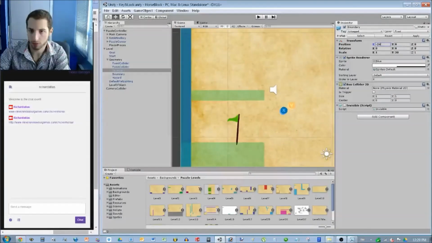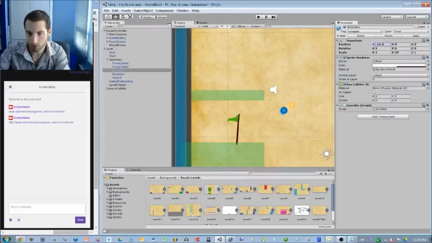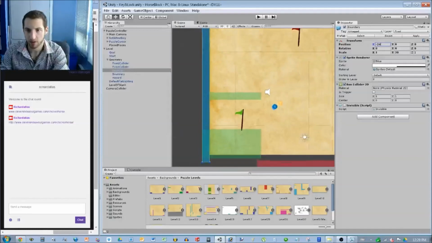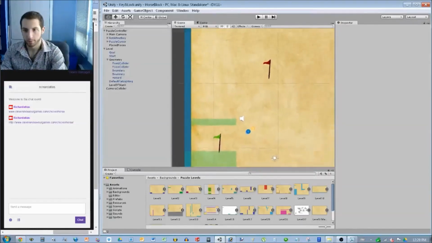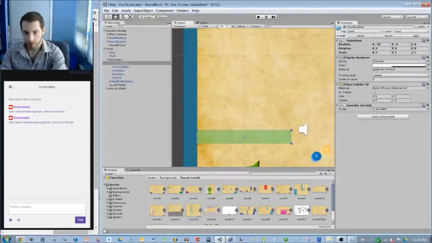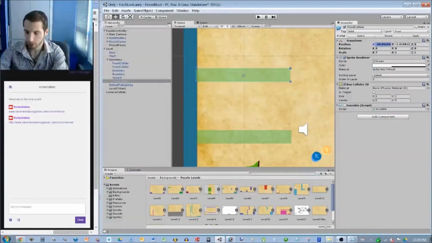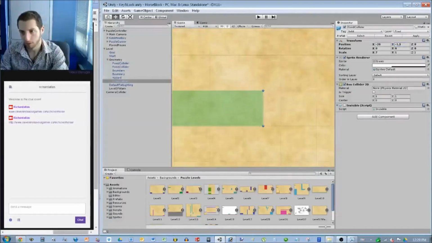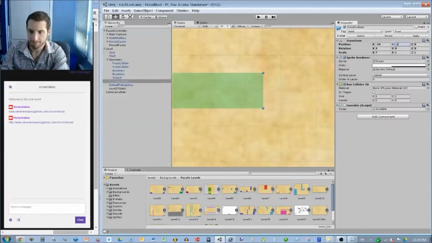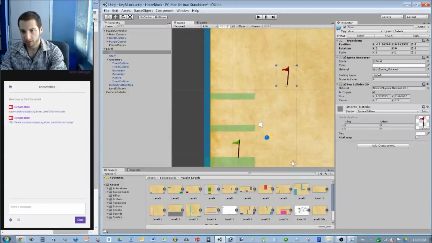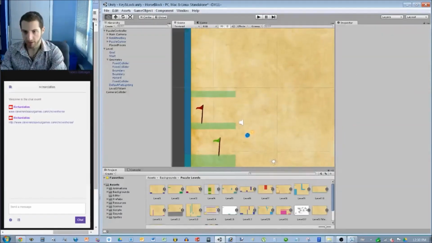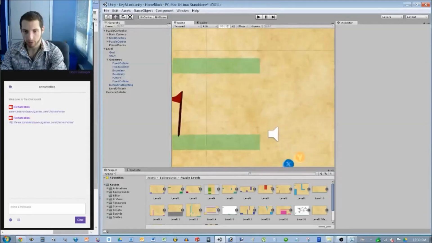So now it's right at the end. And I can always just copy paste my colliders and put them back. Now I have this little area where I'm going to put the flag. The problem is you can't get to the flag because what we're going to put here is